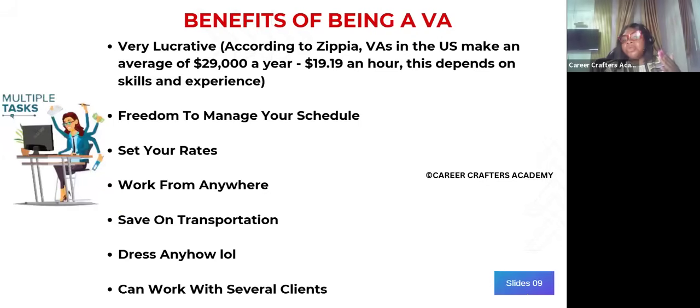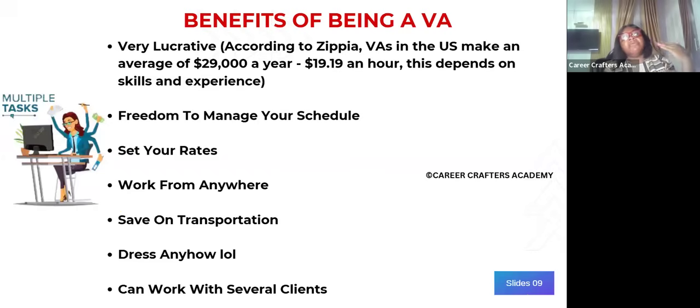Another thing is you have the freedom to manage your schedule, right? Especially if you get a project-based job, or a job where you just do the things you need to do and submit. Then you can decide when you work. You can say, okay, I have a task that's going to take me 5 hours. Okay, I can decide to do it very early in the morning from 6 to 11, and I'm done for the day, right? I can do any other thing I do. Or if it's a job where I have to clock in at a particular time and clock out at a particular time, I chose that job. I decided, okay, yes, that time works for me. And I took on that job, right?